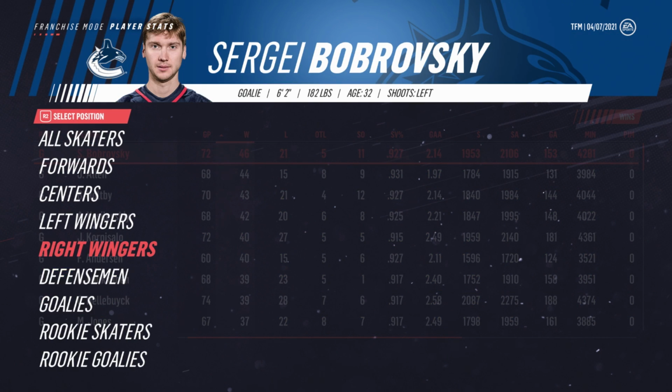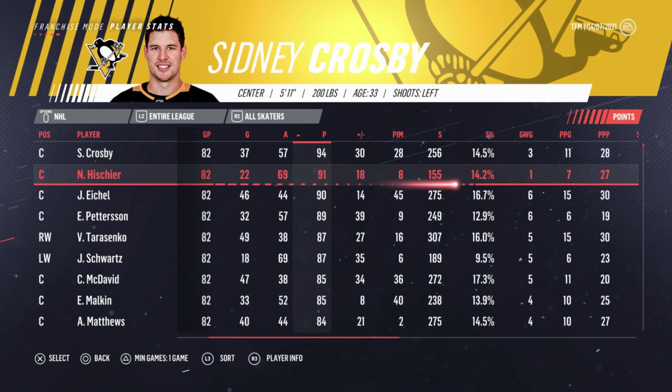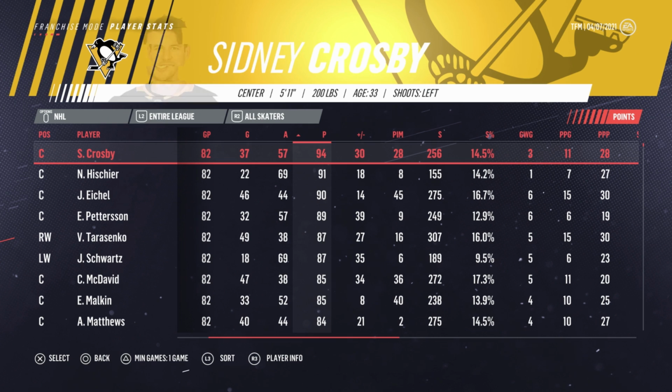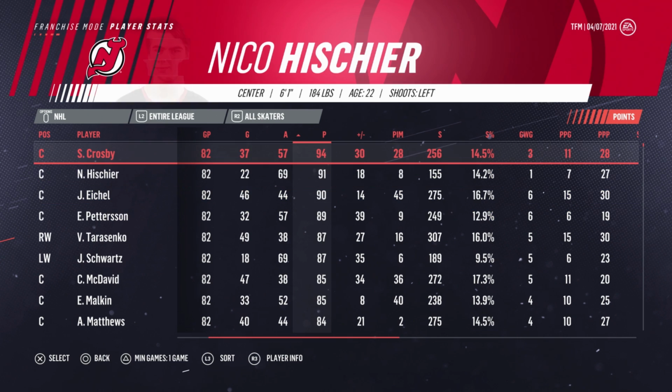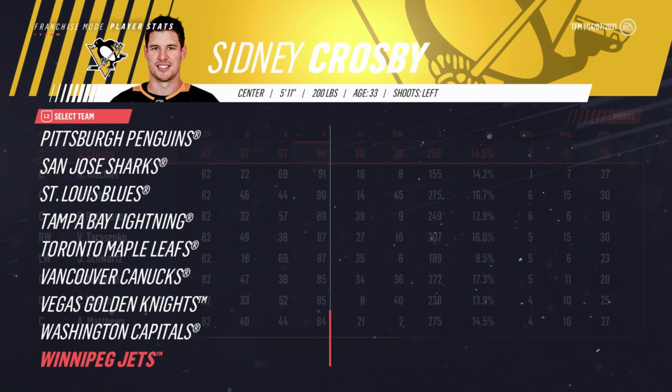Alright, so take a look at the skaters now. See if any 100-pointers. Nope, 94. Sidney Crosby. Alright. But Pettersson was 4th. Alright. Good stuff, good stuff. Now let's go ahead and look at...